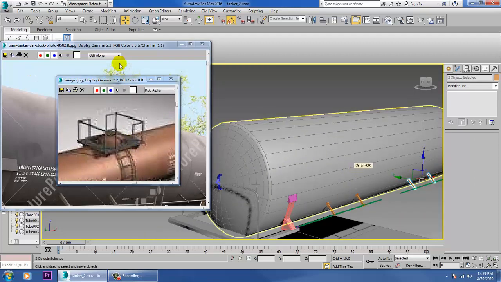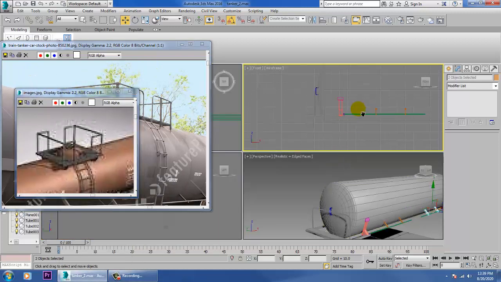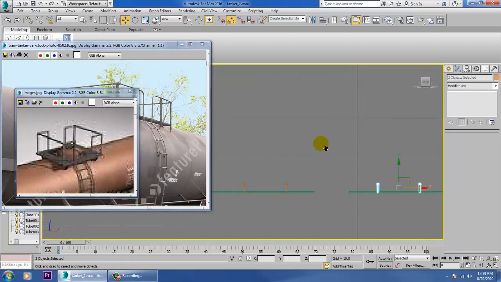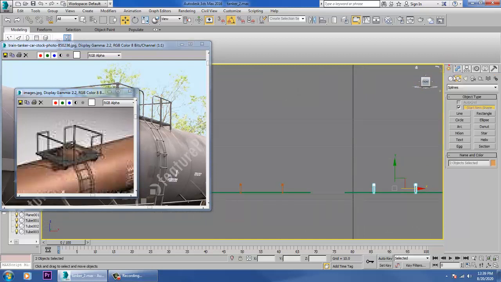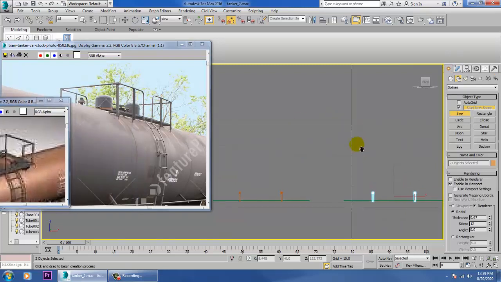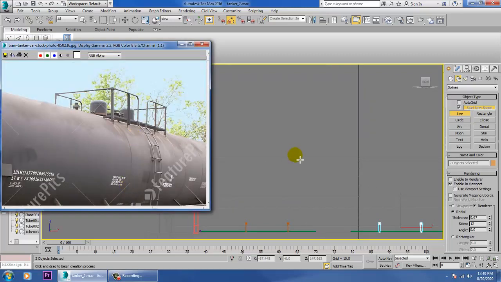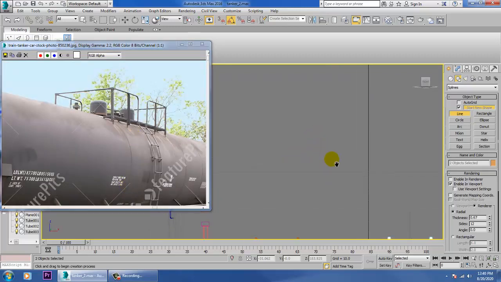So let's go on to the top view. Before we go with the top view, let's go into the front view. Let's take a line over here and let's draw something. Just push this till here.